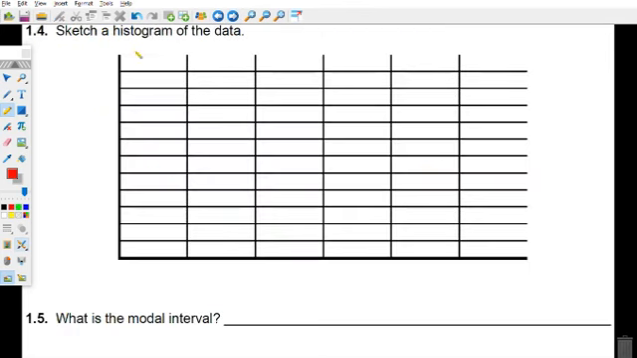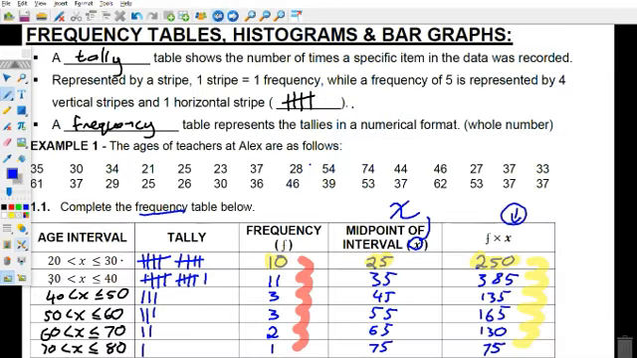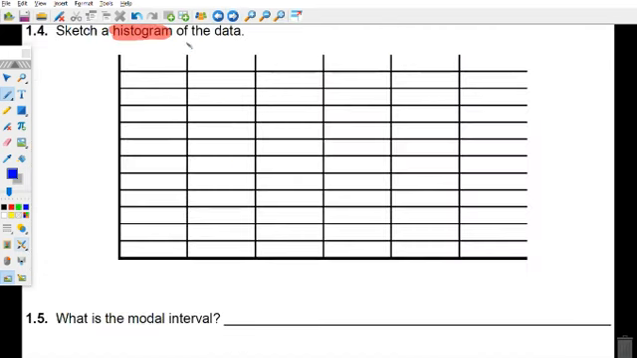So what we're going to do, we're going to sketch a histogram of the data. So first thing, graphs always have a title. So let's think what title we're going to have. Okay, the ages of teachers at Alex. So we're going to say histogram of ages of teachers